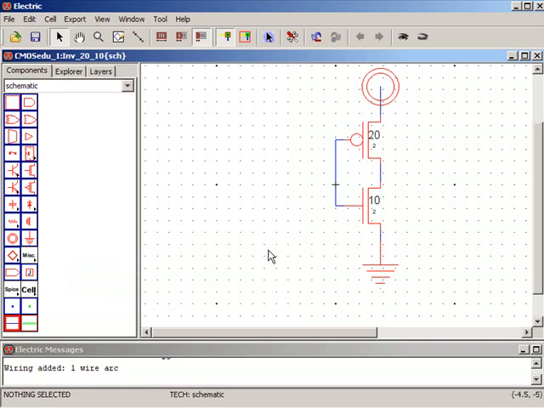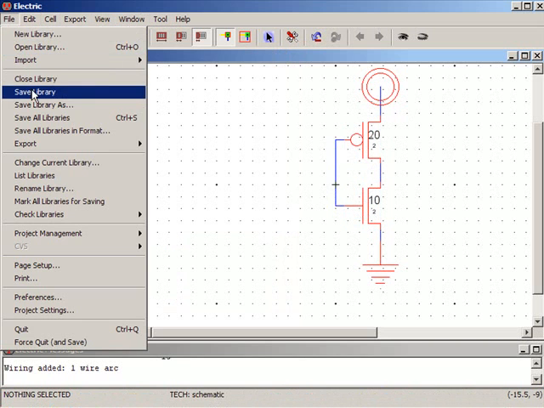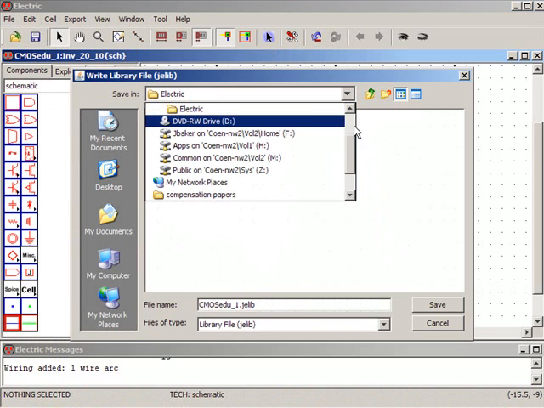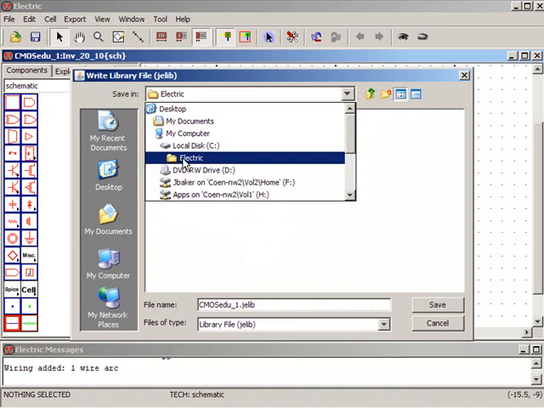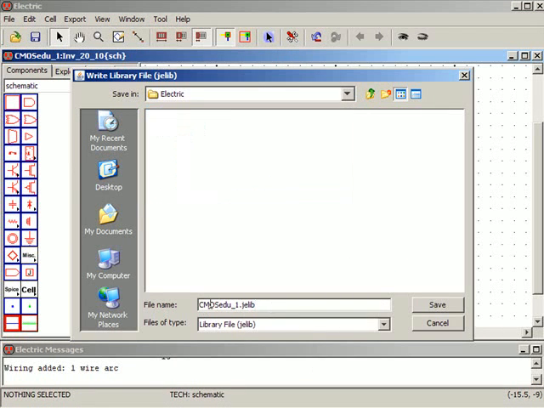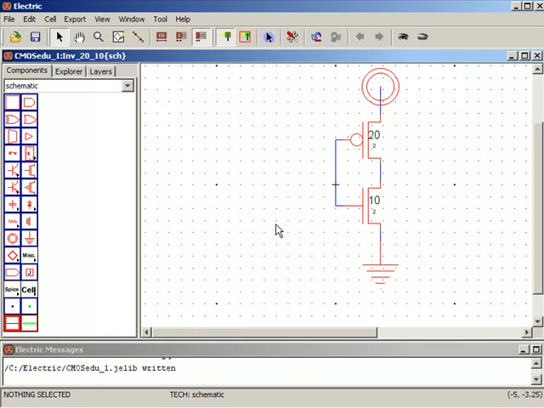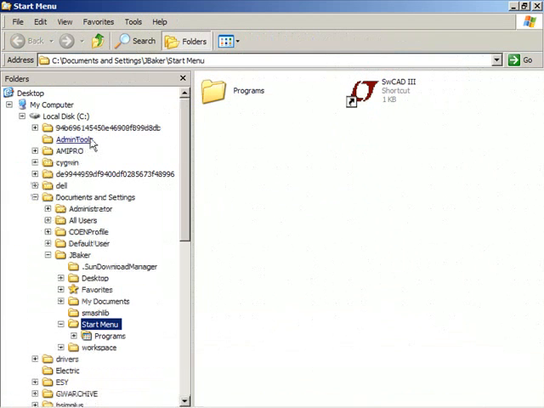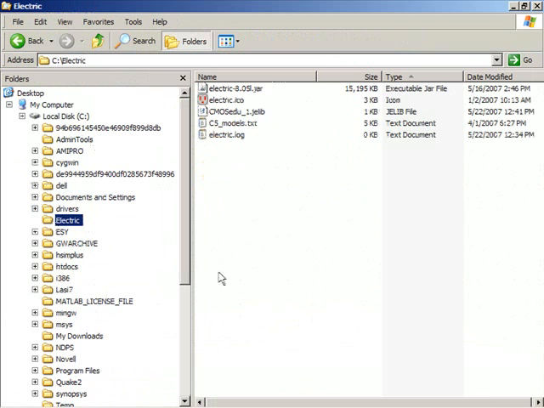So now for these sims, let's do a save as right now, save library. I'm putting it in a directory that I've made already called C:electric. And I'm going to post this with the video as cmosedu_1, save. Now I've just saved the cell, so if I take a look using Explorer in that directory,